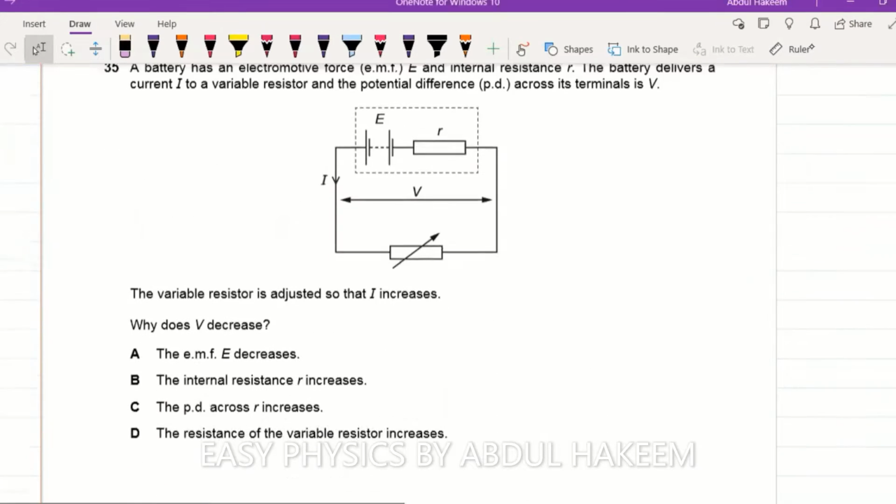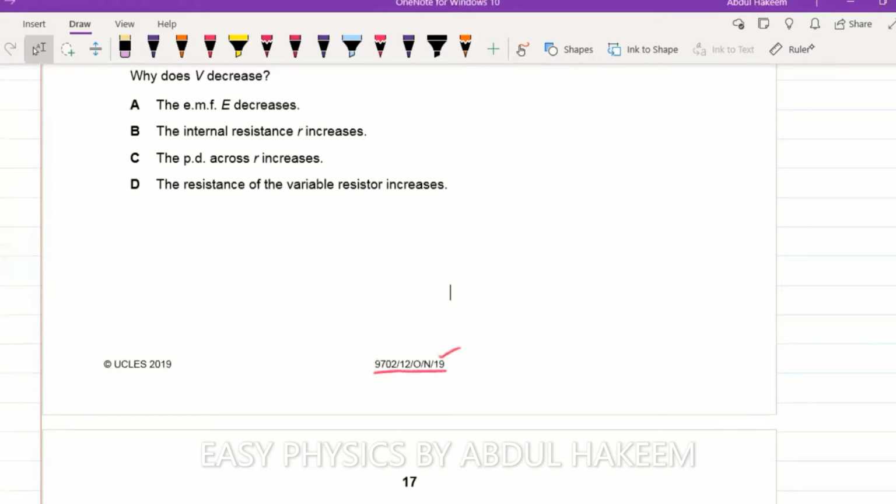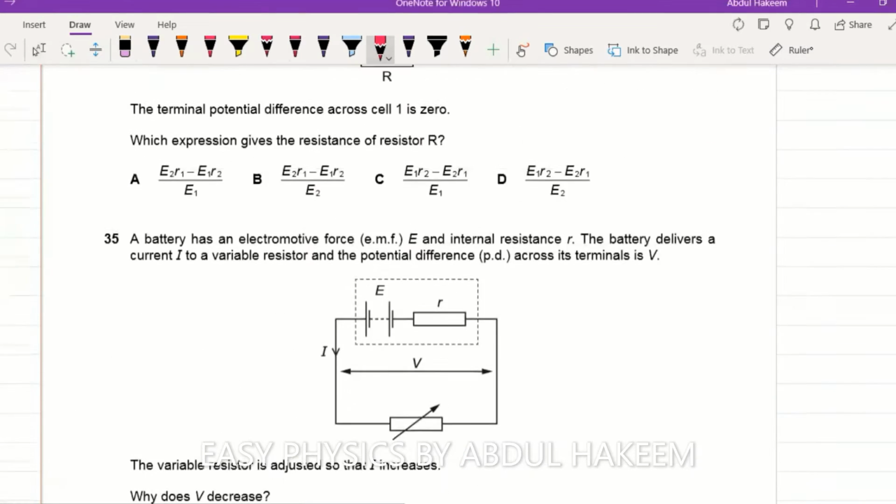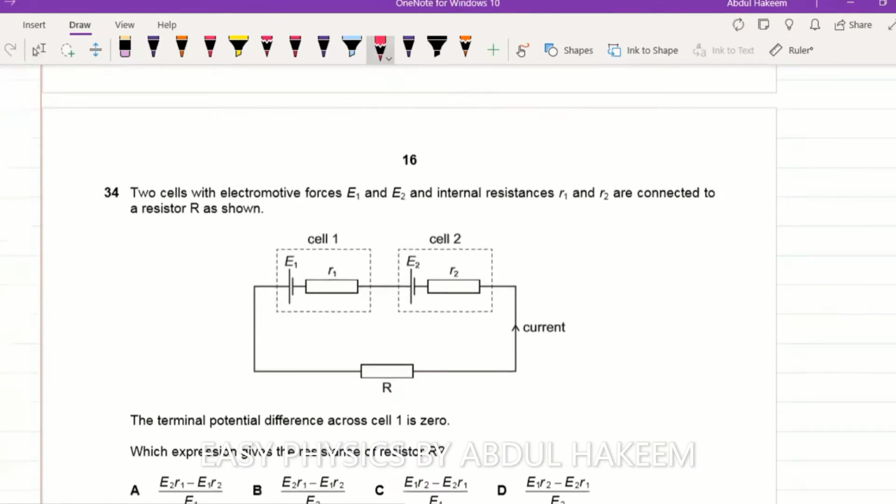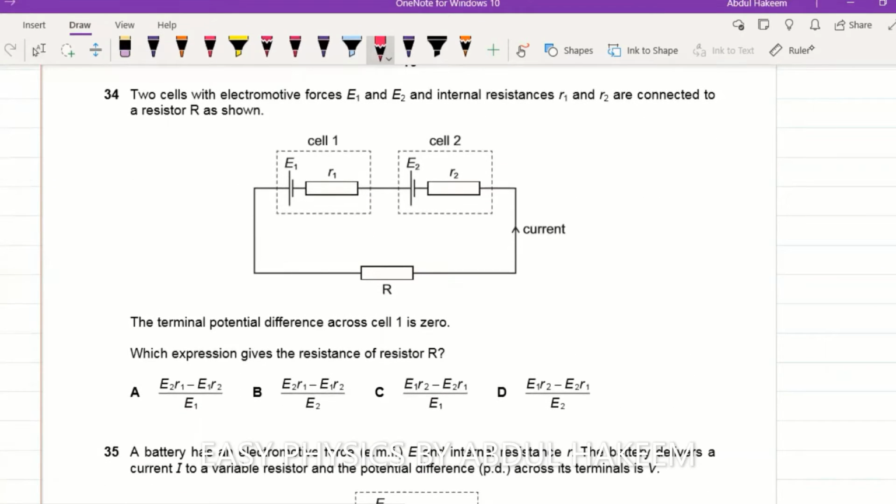Okay, the paper is 9702, October/November, paper 1, 2, year 19, question number 19, paper 1, 2. This is Physics 9702. And the question is: two cells with the electromotive forces E1 and E2 are